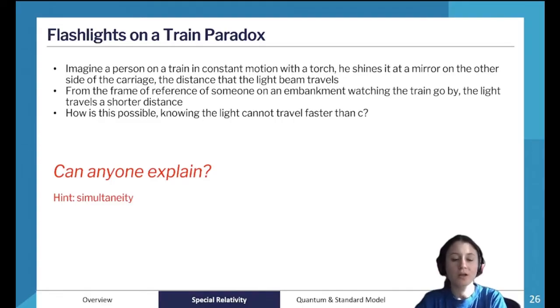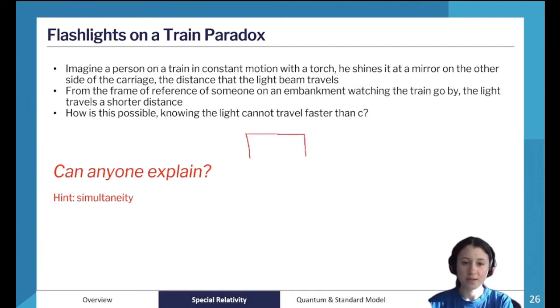The one that I've seen that's a little bit more common is where you have, again, a train carriage moving by, and then you have a lamp in the center of the train carriage. The lamp is turned on, and the light spreads out and goes to either end of the carriage. Somebody who is on the carriage standing next to the light,